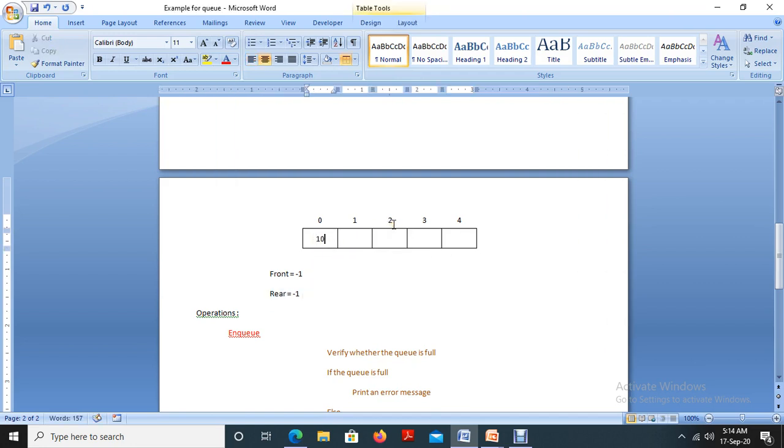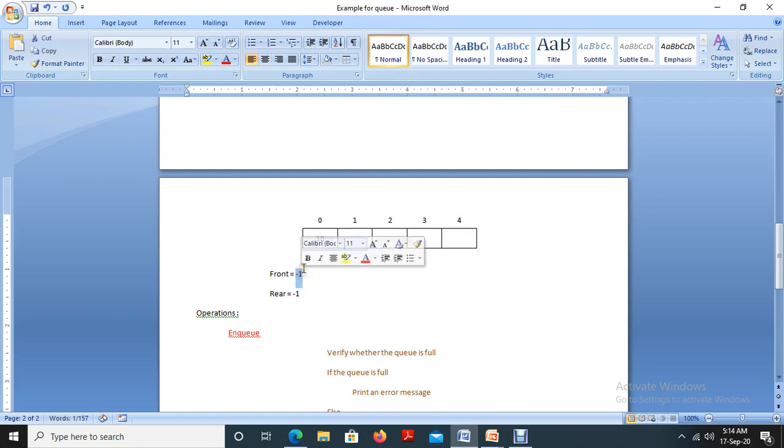After the insertion of the first element, the value of front is reassigned as 0 and rear is also reassigned as 0. Listen, if the queue is empty, then only we can perform these changes.